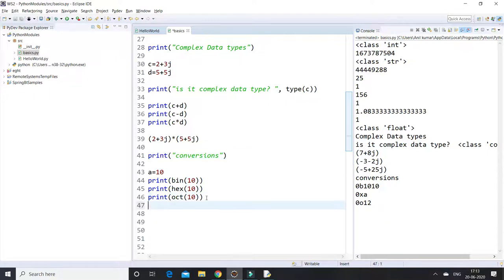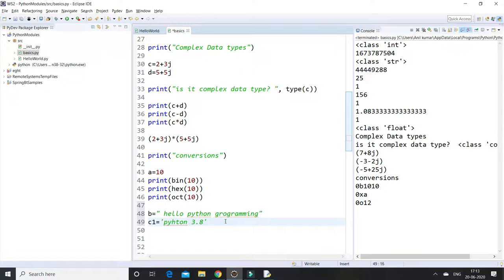One more thing is how to provide string data types in variables. We can declare b equal to hello Python programming. The next one is we can also declare a c1 variable. You can declare with single quotes also, to assign a string data type to a particular variable, Python 3.8.